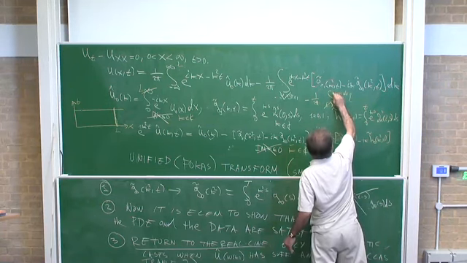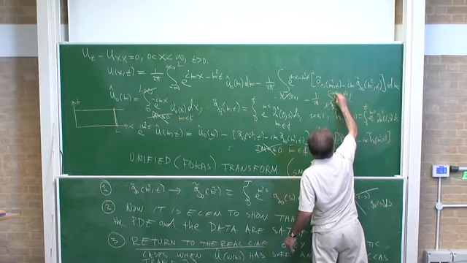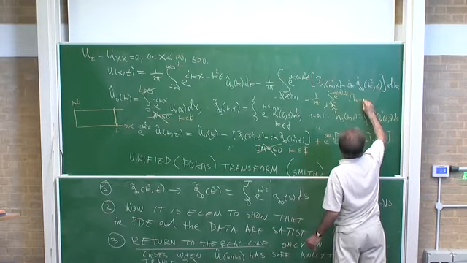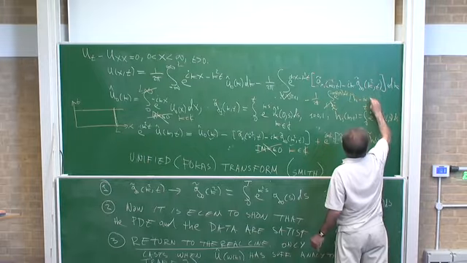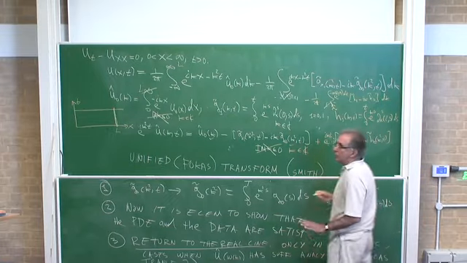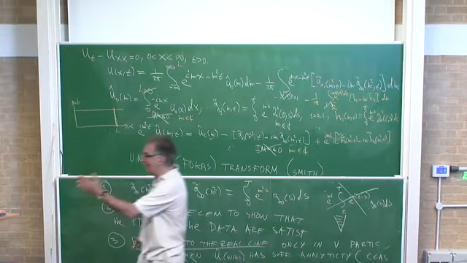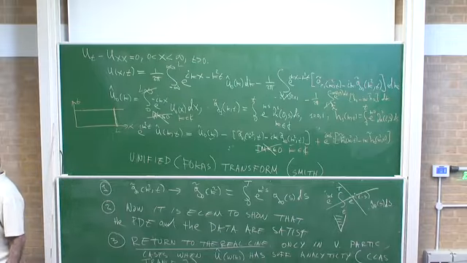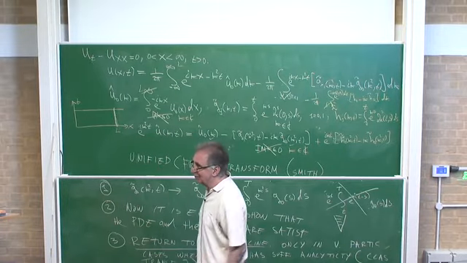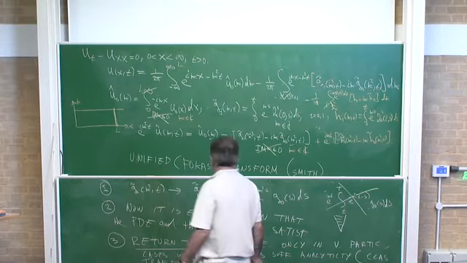It's ik minus ik L minus L. Right? Now, double the number of unknowns. Yeah? But no problem. Why? Because we have two equations now. We have